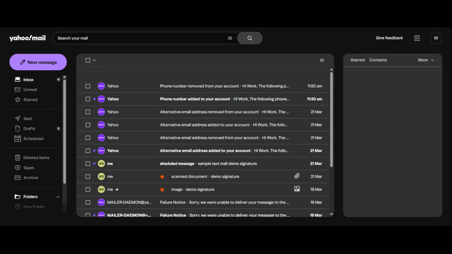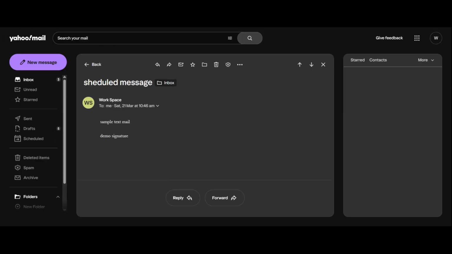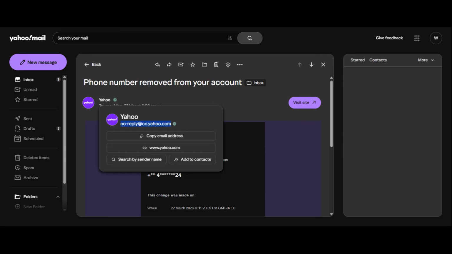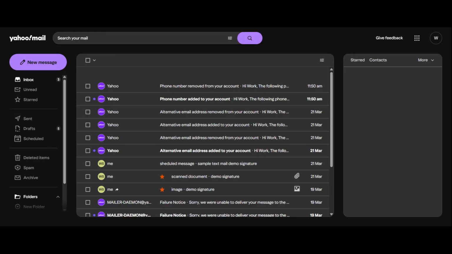Let's get started. First, open Yahoo Mail and sign into your account if you are not already logged in. Once your inbox loads, go to the search bar at the top of the page. Here, type the sender's email address exactly as it appears in the messages you want to remove. You can also type the sender name if that works better, but using the exact email address is usually the